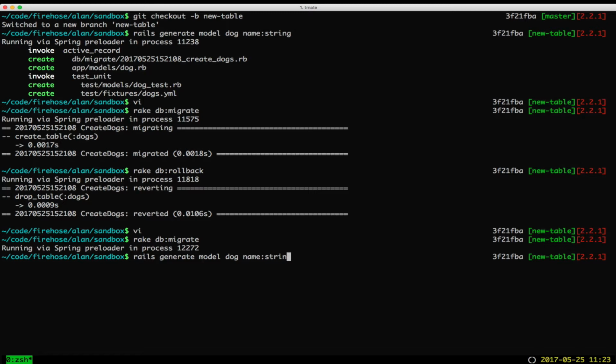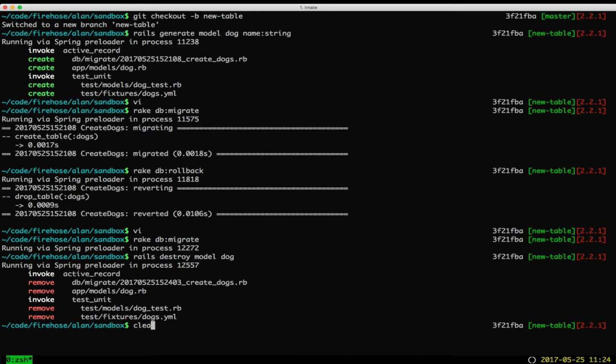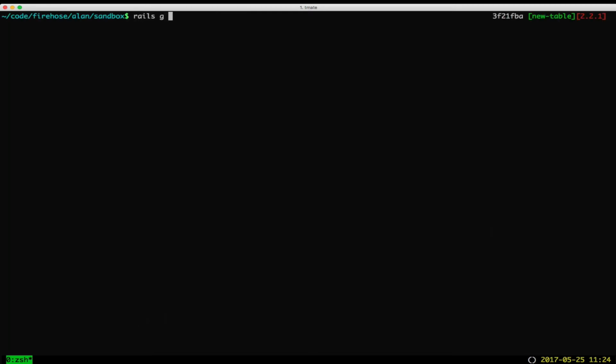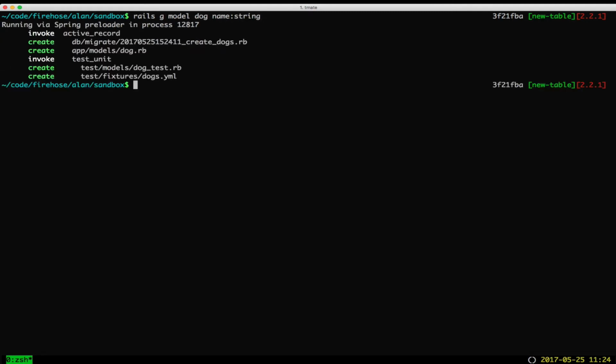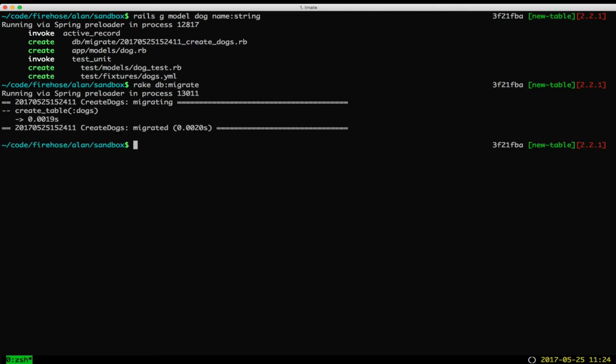So let me destroy the dog model too. So all those files will be gone. Okay, so we're kind of back where we started. So if I make a model called dog, and it's got a name, and the migration is there, and then I run the migration, and then I'm like, oh, I forgot to add the number of legs. So then I would do rake db:rollback,